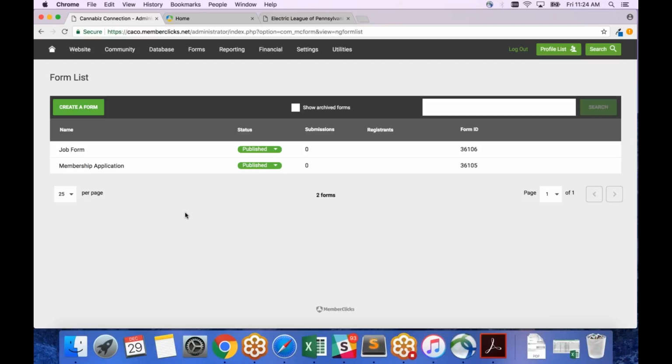So if we're creating a membership application, we're going to use the membership application section as the body of our form, which means we would have the login section, the membership application section, the summary section, the payment section, and the confirmation section. We're going to look at this in a second. I'm just kind of giving you a little bit of preliminary information, but you'll be able to see what I'm talking about. Okay. So if you're going to come in here and create a form, we're going to select create